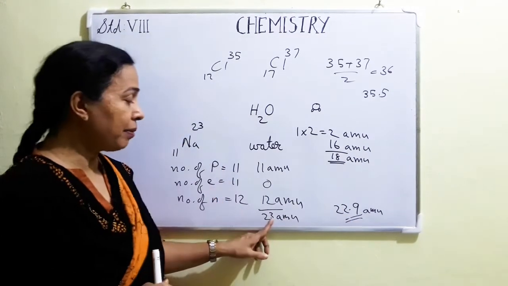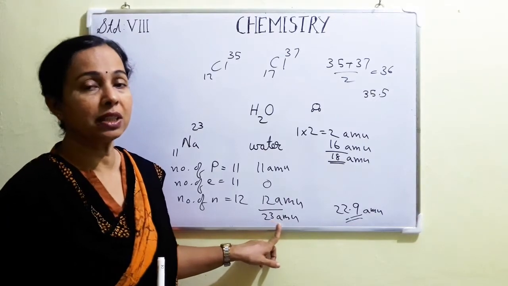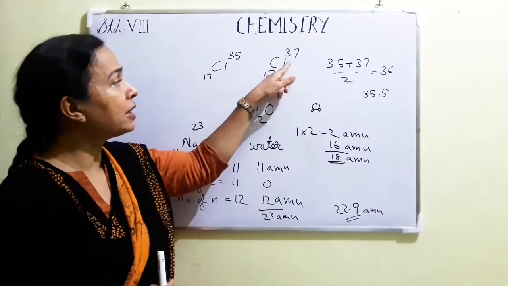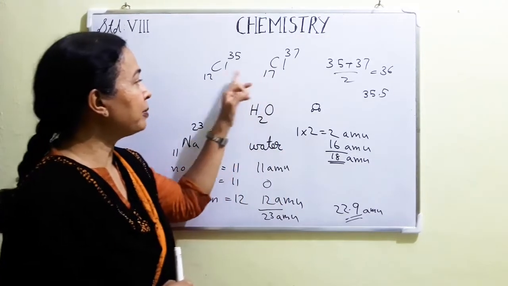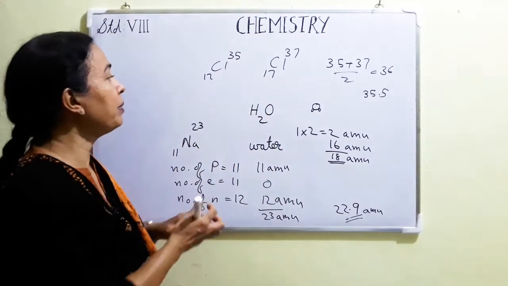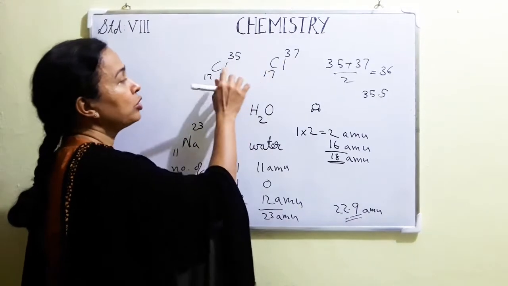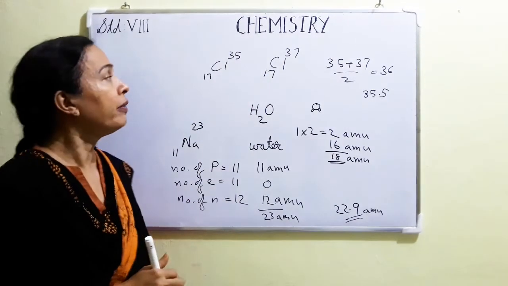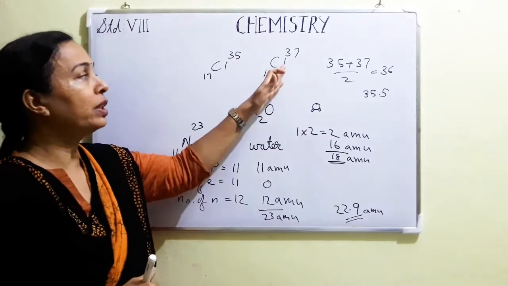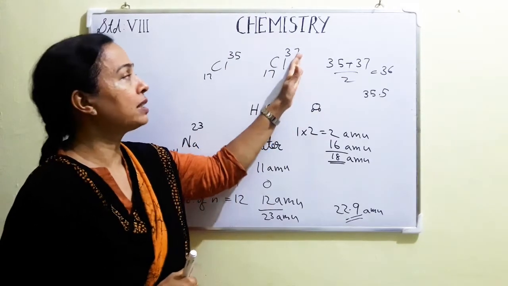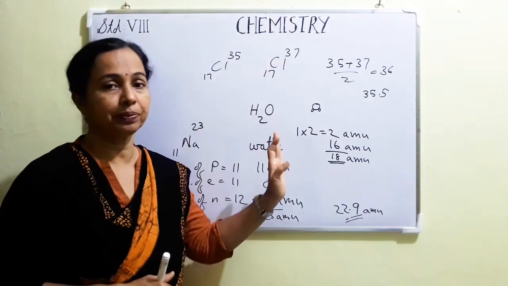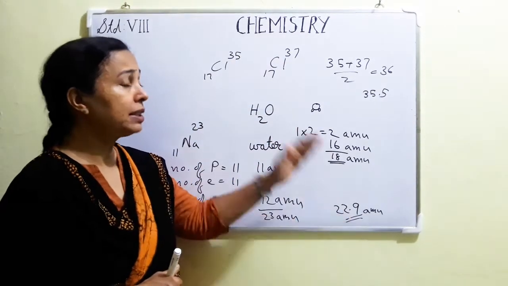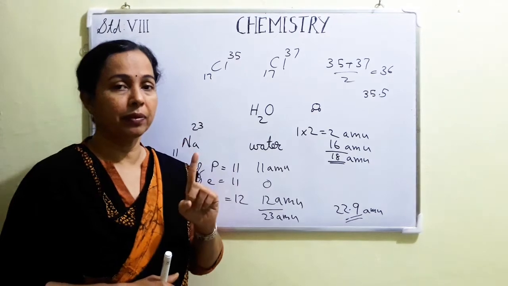Okay, but for mass number we are not considering all the isotopes. Each isotope has a different mass number. That is the definition of isotope. Isotopes are atoms of the same element with the same atomic number but different mass number. So chlorine 35 means it is an isotope with mass number 35. Chlorine 37 means it is another isotope with mass number 37. That is why they are isotopes. Their mass numbers are different. But atomic mass is taken as one single number. One number.